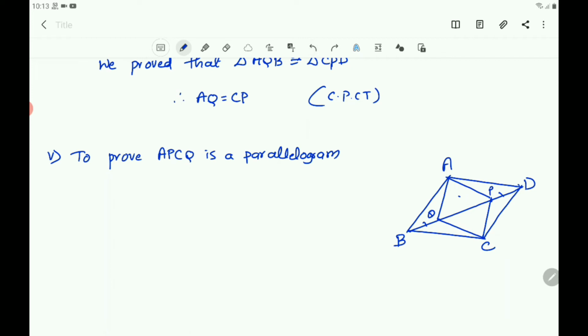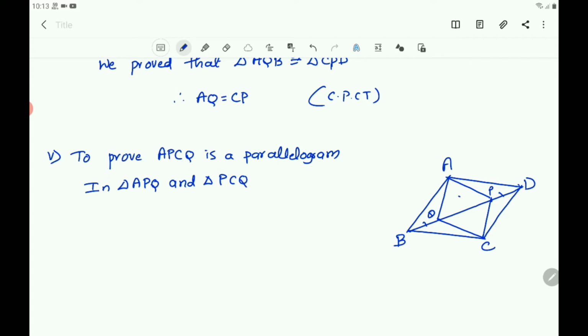You name the triangles APQ and PCQ. In triangle APQ and triangle PCQ,